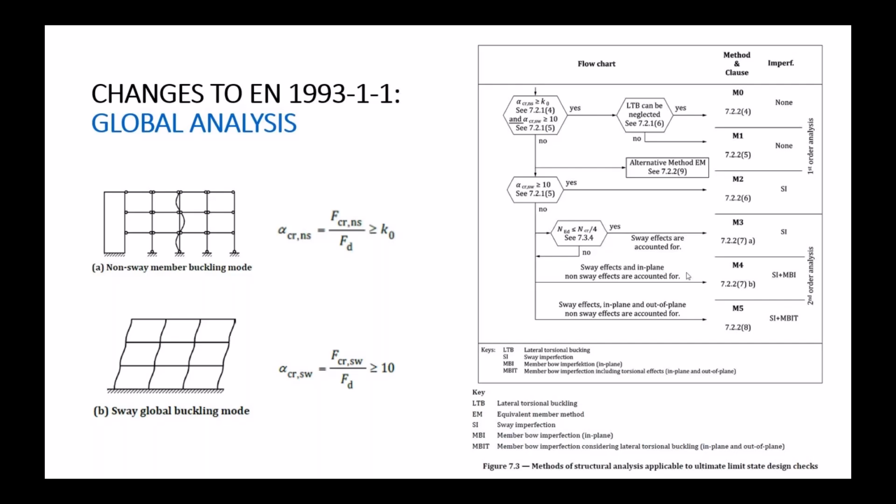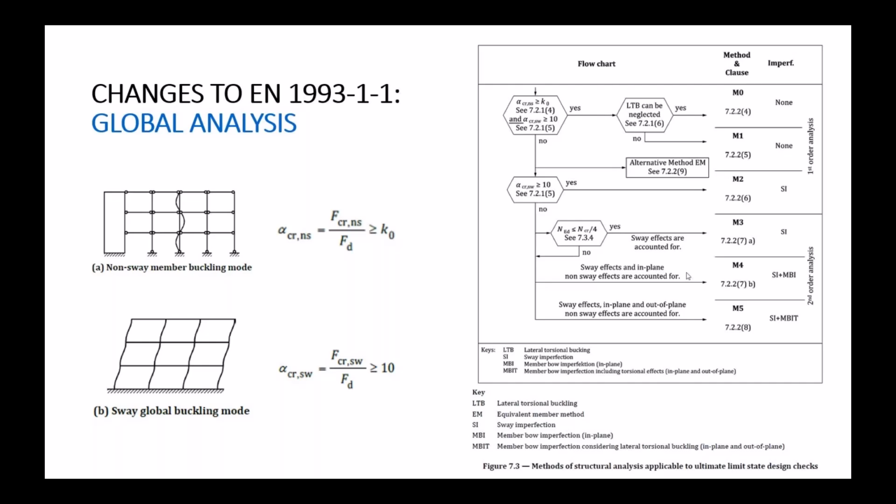I remember from my time at support how much of the steel code training was about trying to make the rules for whether or not you needed a second order analysis or third order analysis, whether you needed member imperfections or global imperfections, clear for our clients, and it was very unclear in the code as well. Whereas now there is a really easily understandable flow chart available that you can just follow whether or not the rules apply,